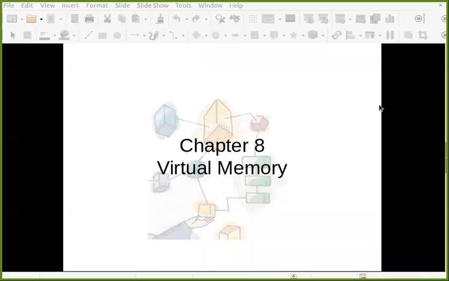Okay. So in the last two lectures, we discussed different memory management techniques, where we mainly discussed the fixed partitioning scheme, the dynamic partitioning scheme, and then we also discussed paging and segmentation. For paging and segmentation, we discussed the general idea, but they are not used directly. Basically, they are used mostly with virtual memory. So let us start with this idea of virtual memory.